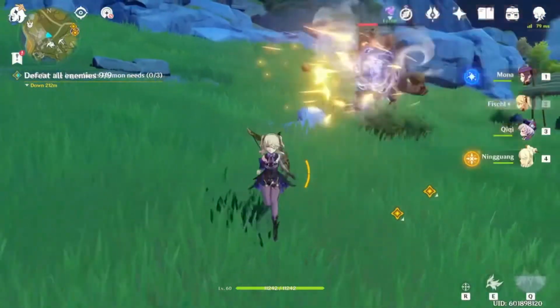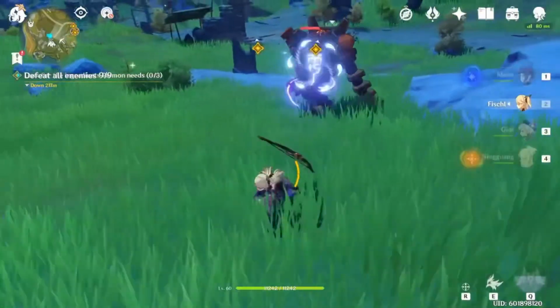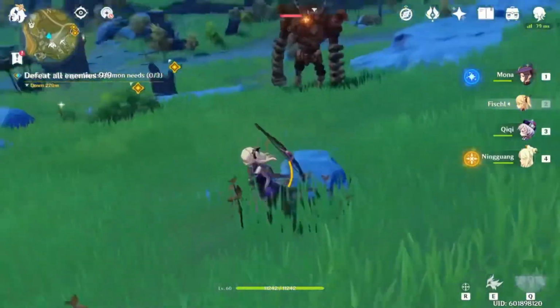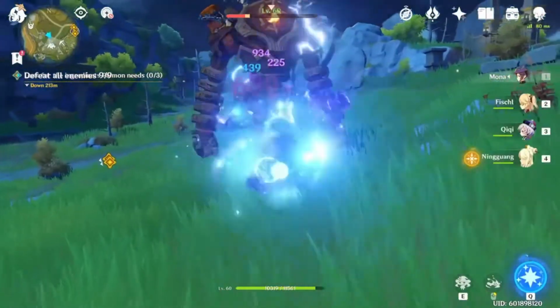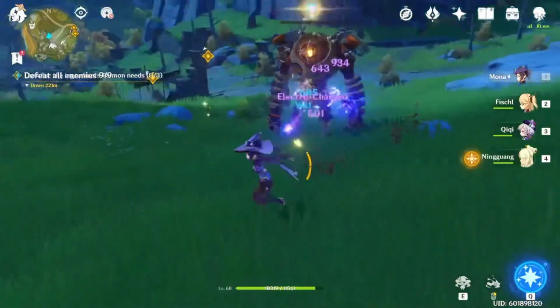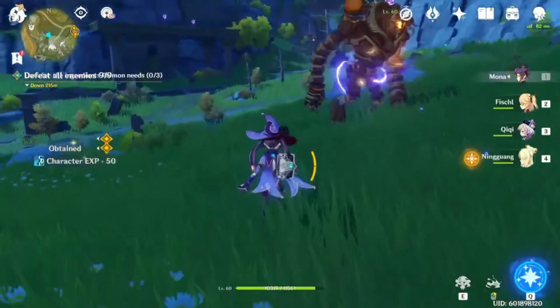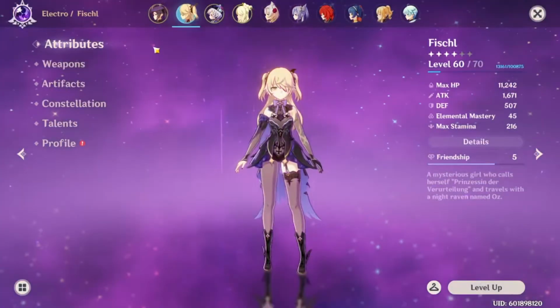And if I don't want to do that, then I could always go for a caster, okay? So I could always set up my Oz and then go for my Mona and set up Electro-Charged, okay? Which does just so much damage, okay? It's ridiculous how fast the damage is. Now the reason why the damage is so fast is because